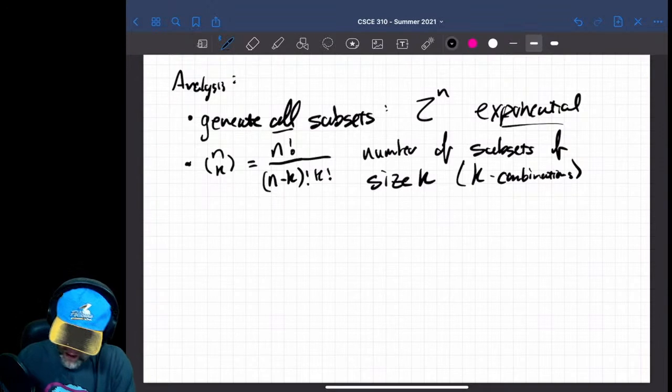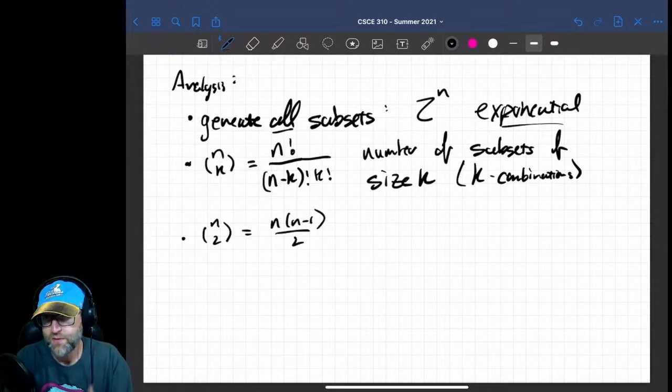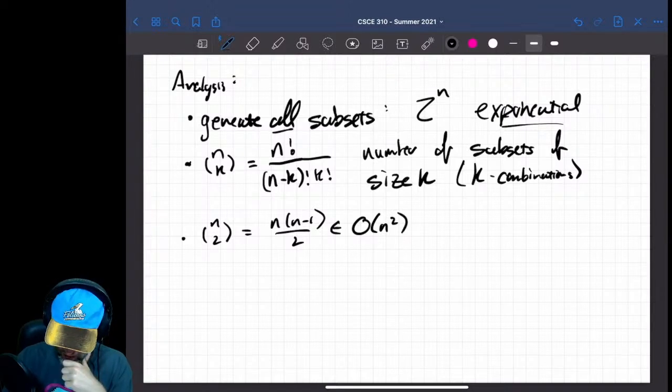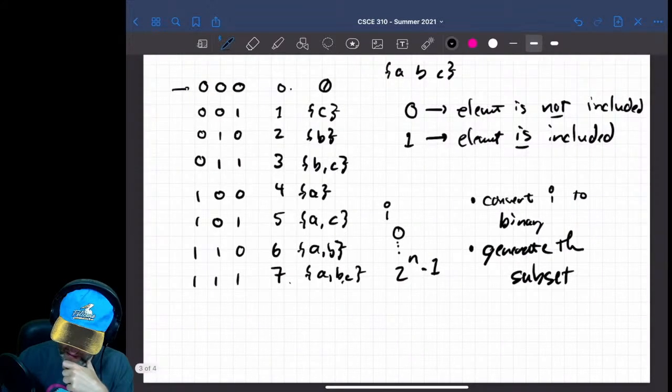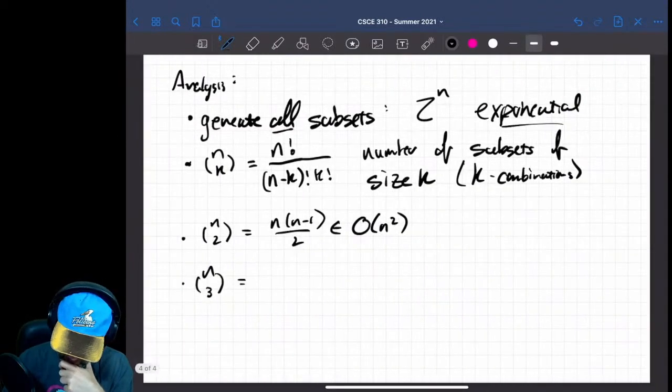All right, so we've already looked at one instance where we've got n choose 2. Well, that's going to be n times n minus 1 all over 2. And if you do big O analysis and look at the highest order term there, that's going to be order n squared, right? If you do n choose 3, well, we did that over here by hinting at using 3 for loops and saying that it's going to be order n cubed, right? Well, that's the same: n times n minus 1 times n minus 2 all over